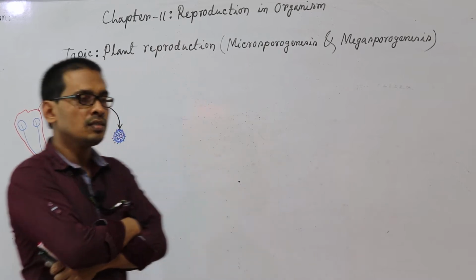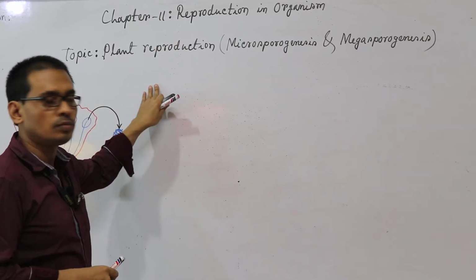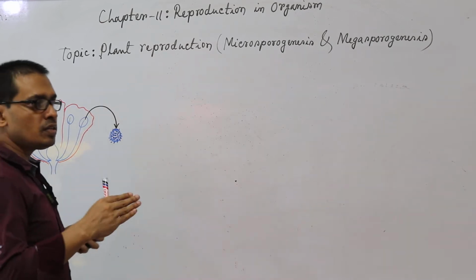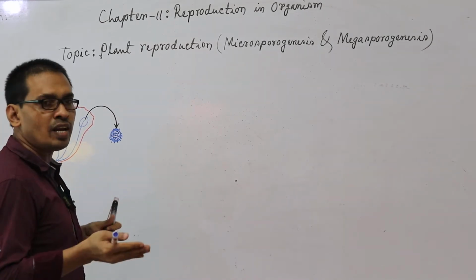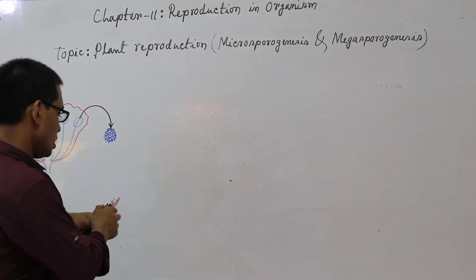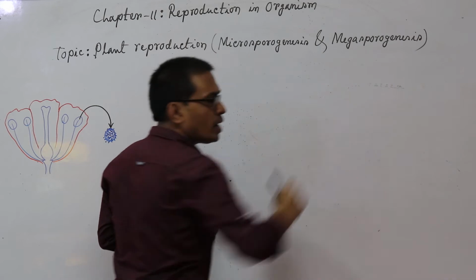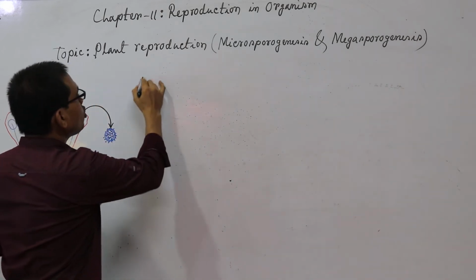In my last class you have learned pollination. After pollination, basically male and female gametes are developed. Today we will learn microsporogenesis and megasporogenesis. Microsporogenesis